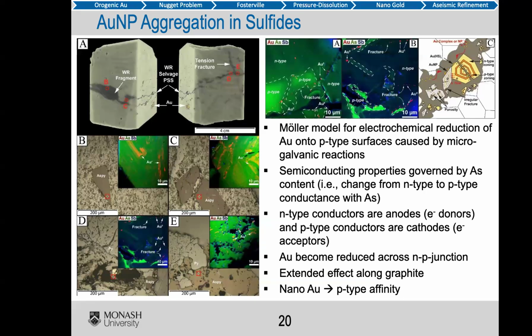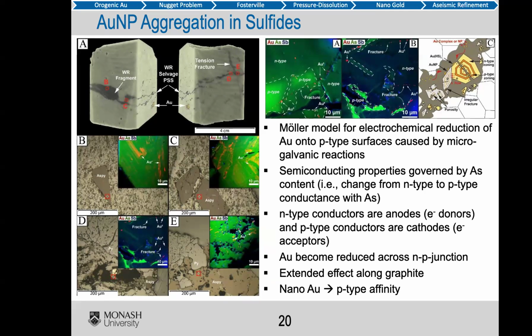And when these things are touching each other, you actually have the donation of electrons across one towards the other. So the one that's anodic will actually donate towards the cathodic one. So an N-type conductor will shoot an electron at a P-type conductor if they're touching. And the reason that this becomes kind of interesting is that if there's gold that's either as a nanoparticle or